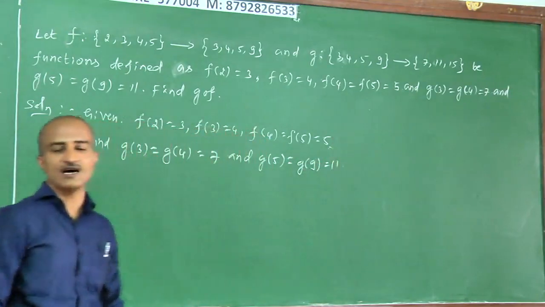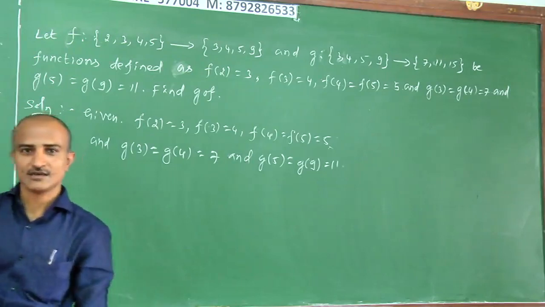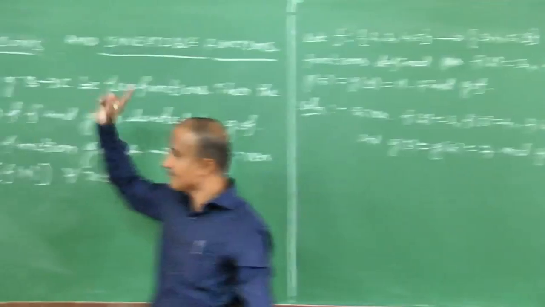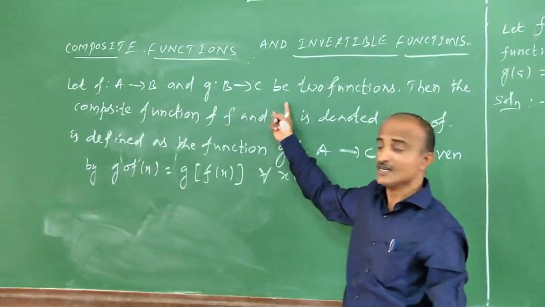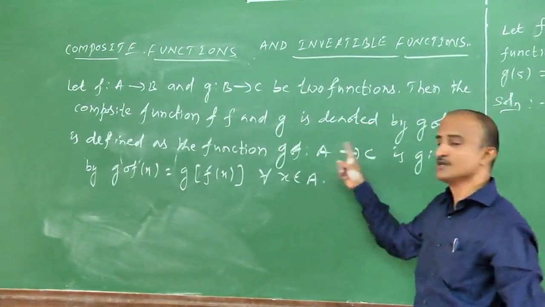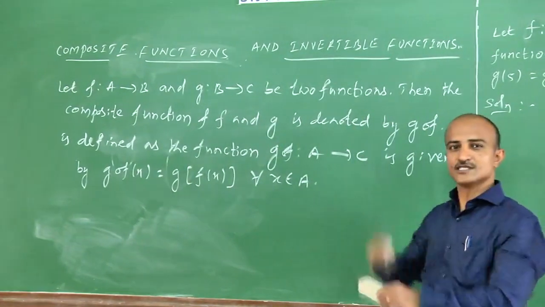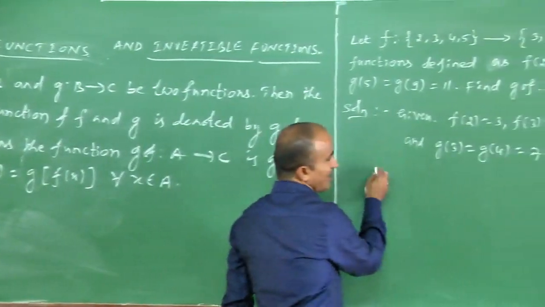We need to find GOF. Just recall the definition of composite function. If f is a function from A to B and g is a function from B to C, then GOF is a function from A to C, where elements of A are assigned to elements of C. Here, to find GOF,